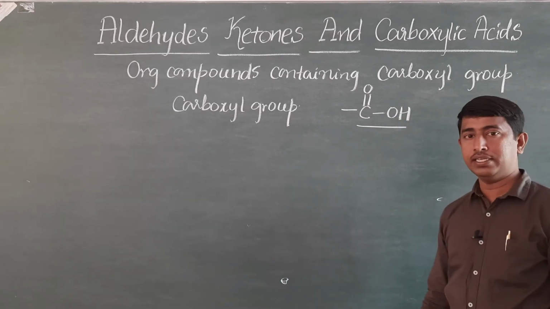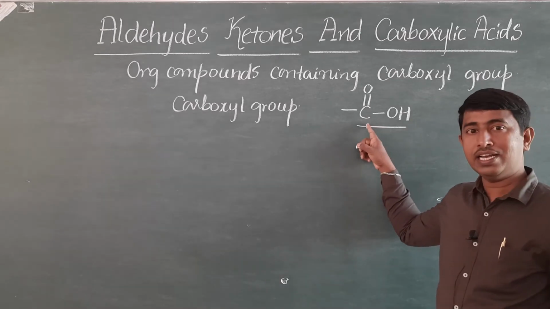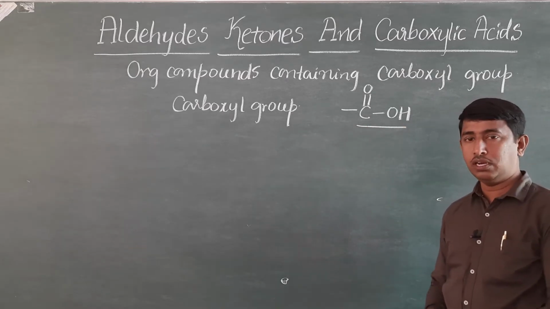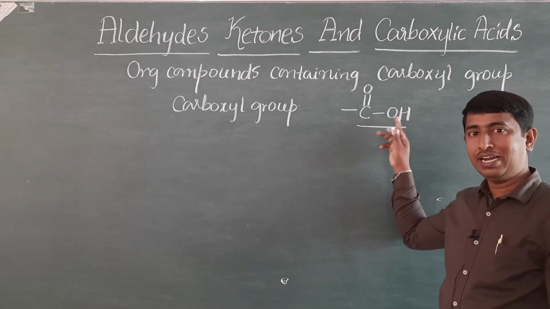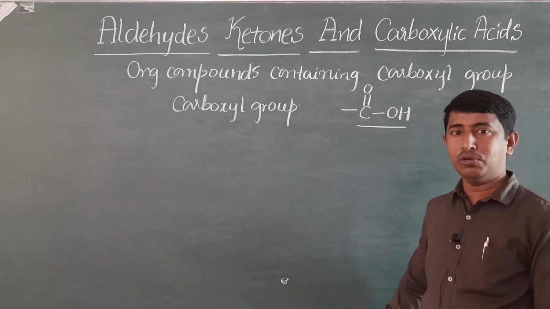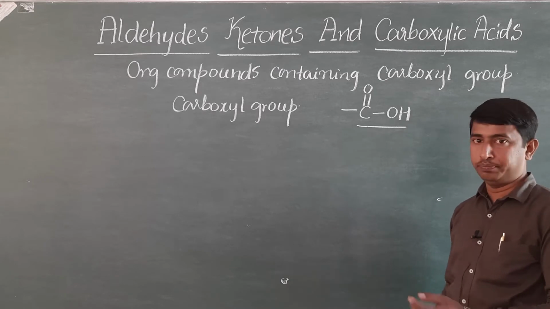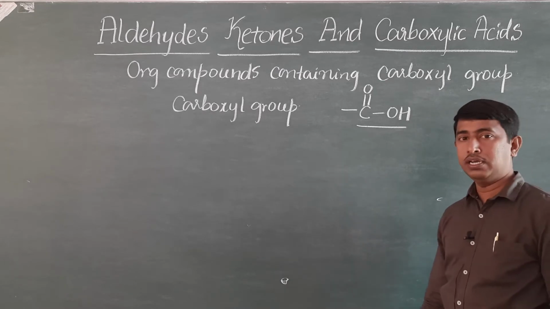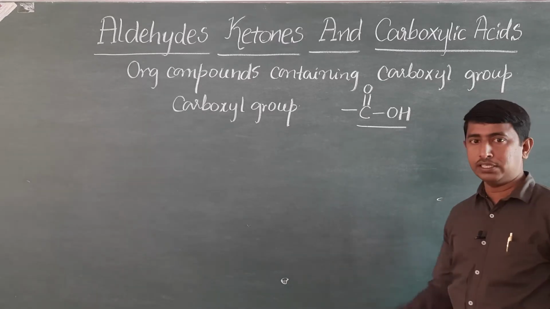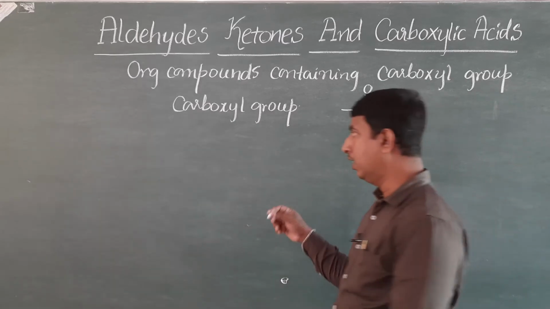Why is this group named as carboxyl group? See, in carboxyl group we can see there is a carbonyl group. C double bond O means carbonyl group. OH means hydroxyl group. So carbonyl group is directly bonded to hydroxyl group. By combining these two words, carbonyl and hydroxyl, we can name this group as carboxyl group. So organic compounds possessing carboxyl functional group are named as carboxylic acids, and the general formula